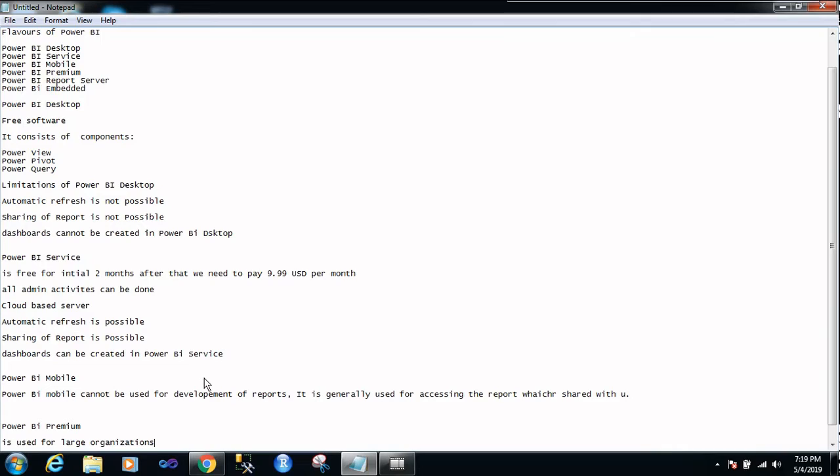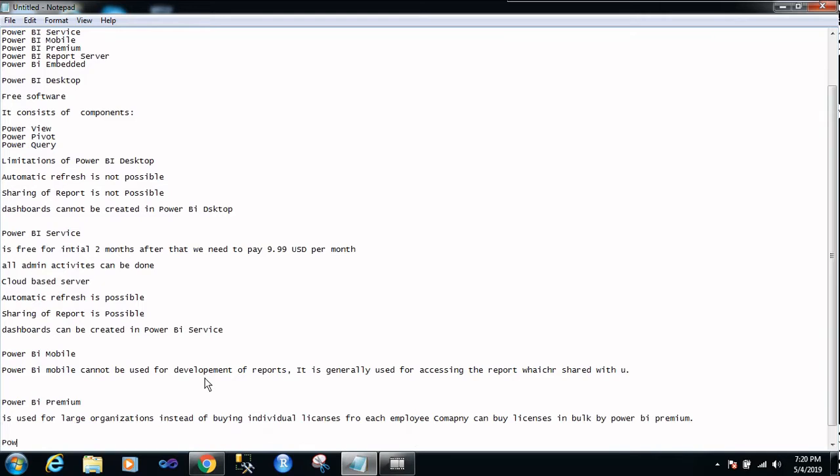Instead of buying individual licenses for each employee, a company can buy licenses in bulk through Power BI Premium. Got the point?